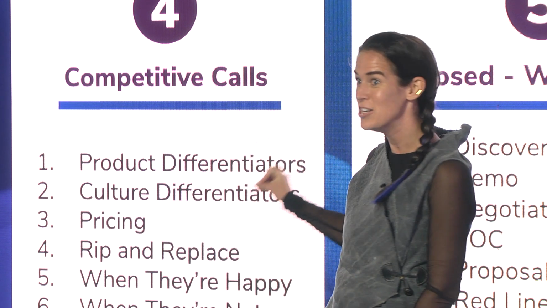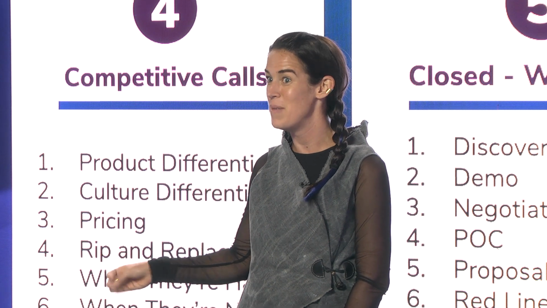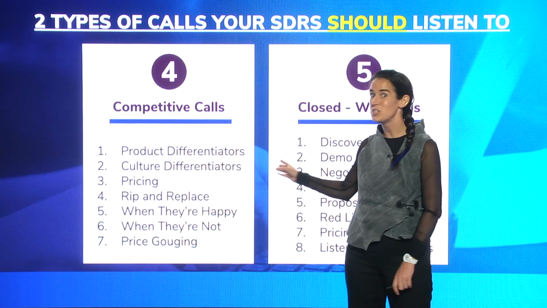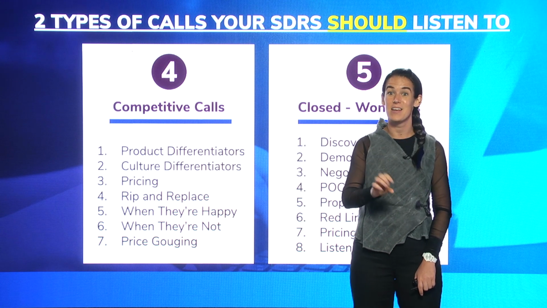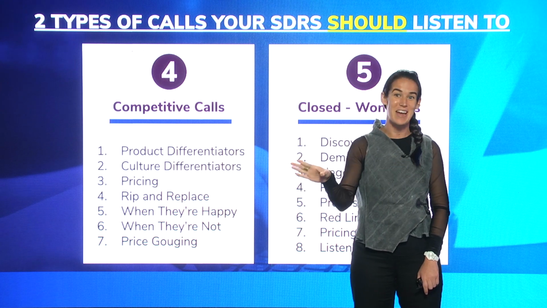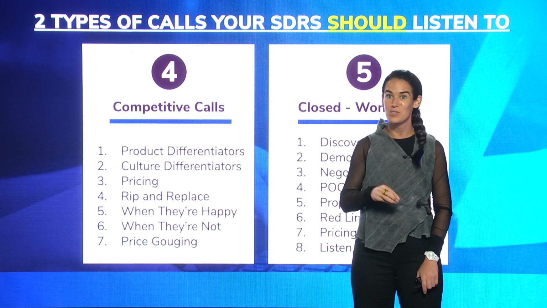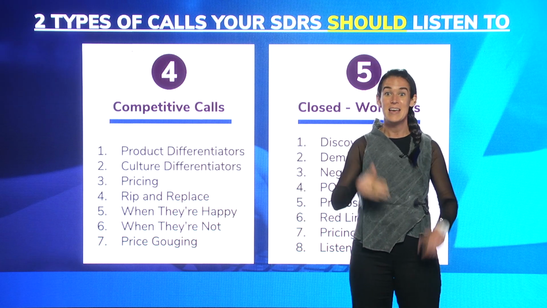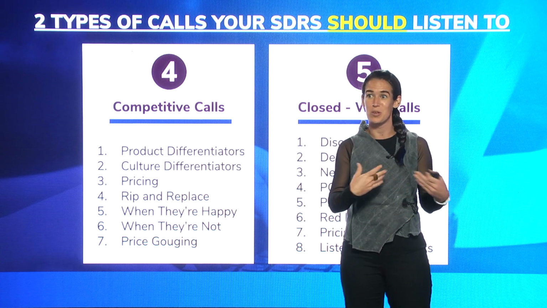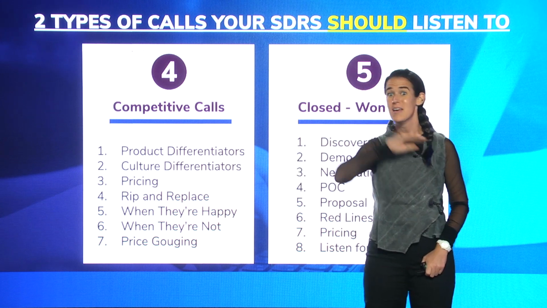So this is a really interesting type of call. I think the general rule of thumb is no pain, no sale, or no gap, no sale. I would want to know that at the beginning as an account executive, because I wouldn't want to waste a ton of time trying to sell to this person if it's never going to happen to begin with. So the price gouging call is a very unique call, but a really useful one, where I teach the SDRs, okay, this is how to identify that call and this is what to say in that call, so that you're actually an advocate for your prospect in the end. And you don't waste the time to put together all these proposals and forecast it and get super excited.